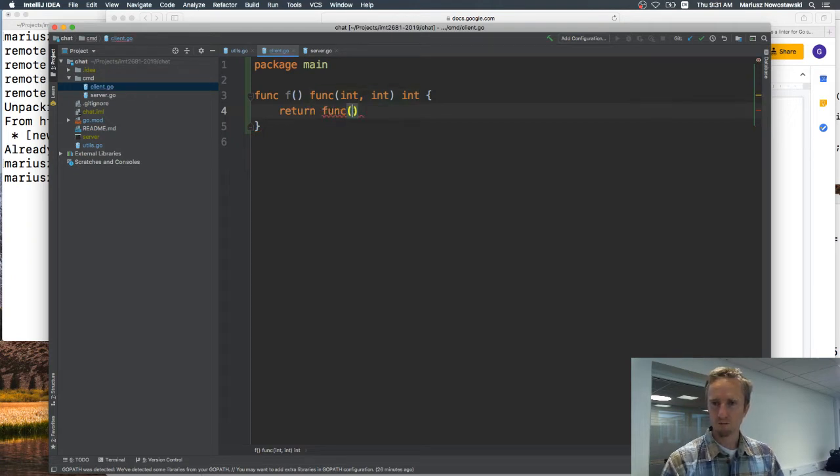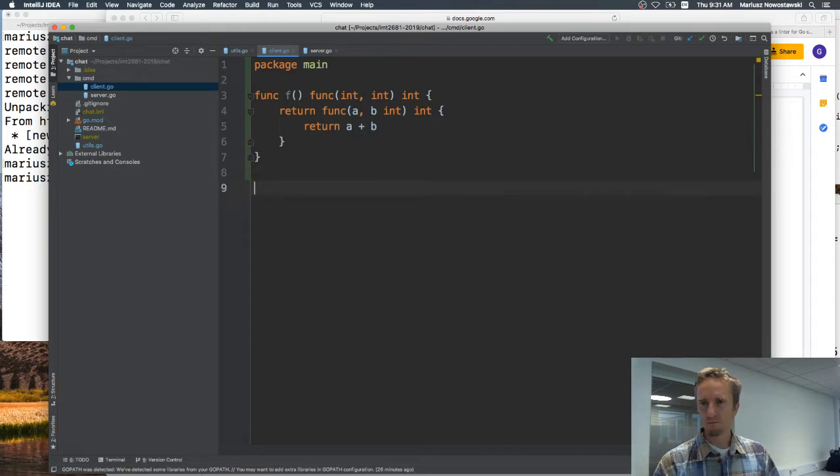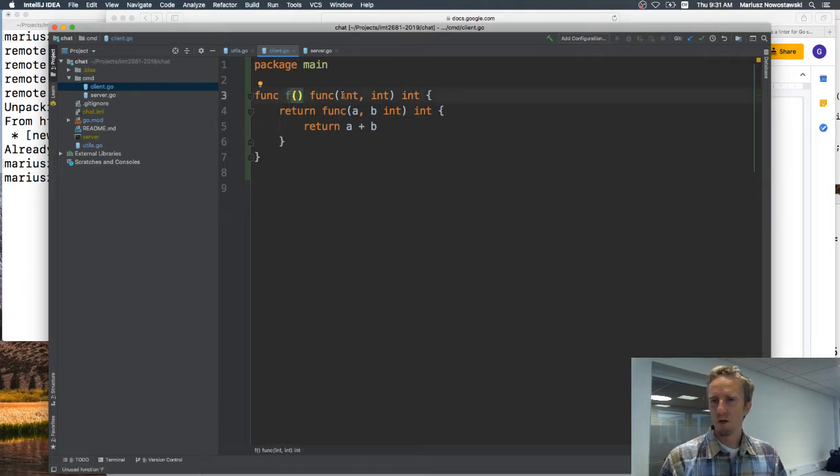that takes 2 integers and returns an integer, and returns a plus b. So that's how it looks in Go. I have a single function which takes no arguments and returns a function. So now in my main,